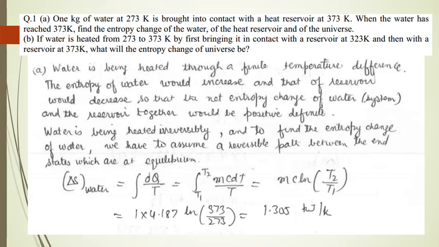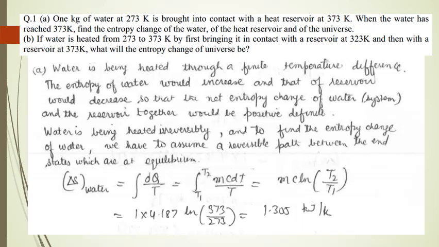Now we take up case A first. So water is being heated through a finite temperature difference. The entropy of water would increase and that of the reservoir would decrease, so that the net entropy change of the water, that is the system, and the reservoir together would be a positive quantity. Water is being heated irreversibly, but as we have seen in the theory,